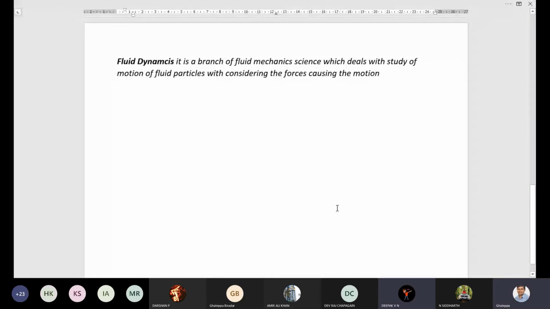Okay. Now coming back to fluid dynamics. Dear students, in some interviews and campus interviews as well, or in industry, we need the definition of both kinematics and dynamics. So please understand the difference between these two. Now we'll understand the meaning of fluid dynamics. Fluid dynamics. Here is the spelling. Dynamics.